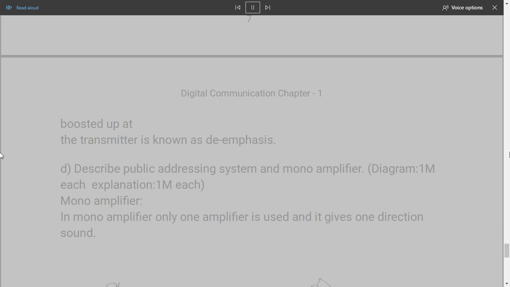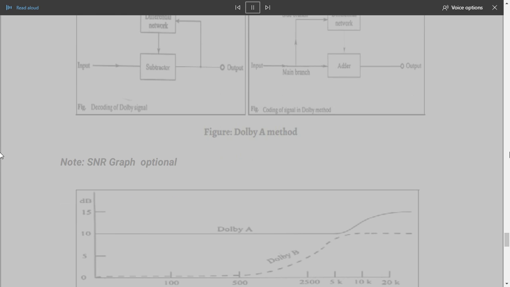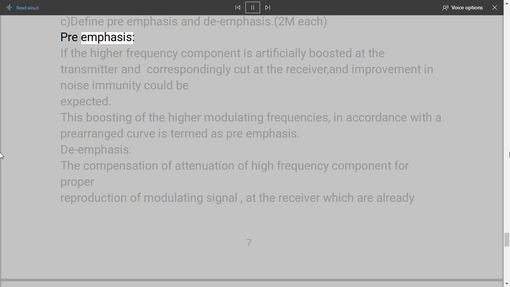Block diagram. Note: SNR graph optional. C. Define pre-emphasis and de-emphasis, 2M each. Pre-emphasis, if the higher frequency component is artificially boosted at the transmitter and correspondingly cut at the receiver, an improvement in noise immunity could be expected. This boosting of the higher modulating frequencies, in accordance with a prearranged curve, is termed as pre-emphasis. De-emphasis, the compensation of attenuation of high-frequency component for proper reproduction of modulating signal at the receiver which are already